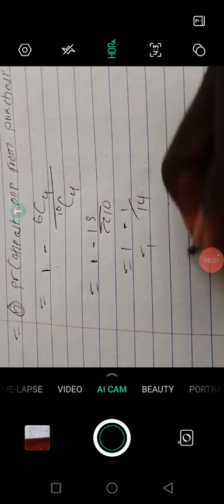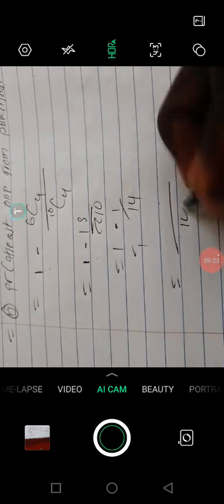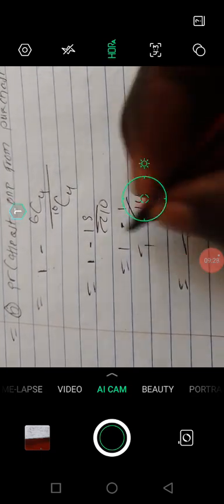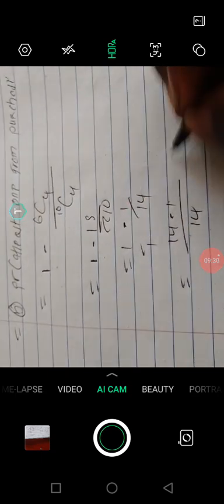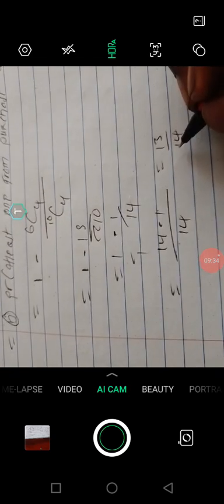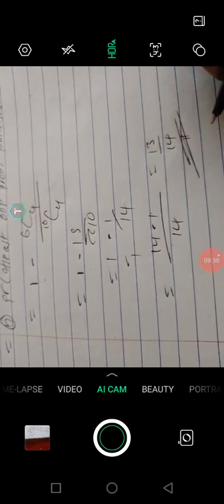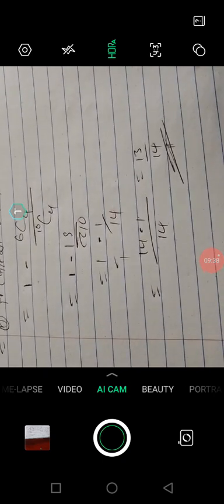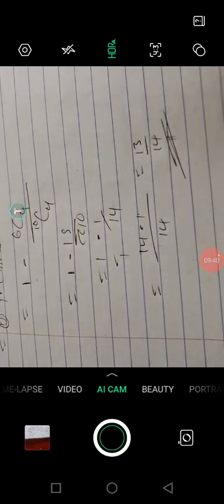So let's do some calculations here. We say 14 divided by 14, which is a common denominator there. Then 14 times 1 is 14, minus 1, which is equal to 13 divided by 14. So the probability of getting at least 1 is 13 over 14. And in this case, we cannot reduce it any further, and that's the end of it. Let's go to the last question to conclude our discussion.